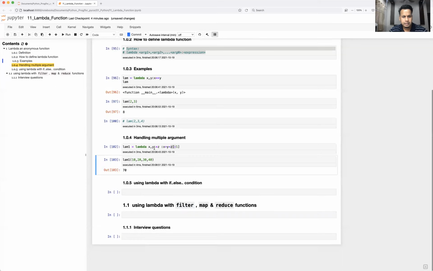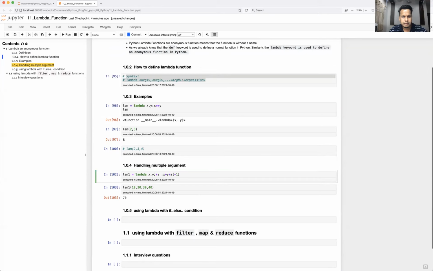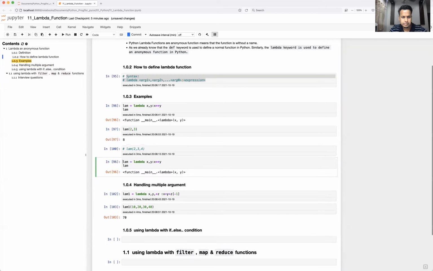So how can you make one of the variables optional and non-optional? Here I'll just show you once again. I'll define another function here to make it mandatory or non-mandatory. x will be mandatory and for y I can pass some default value. So this will become non-optional or non-mandatory.